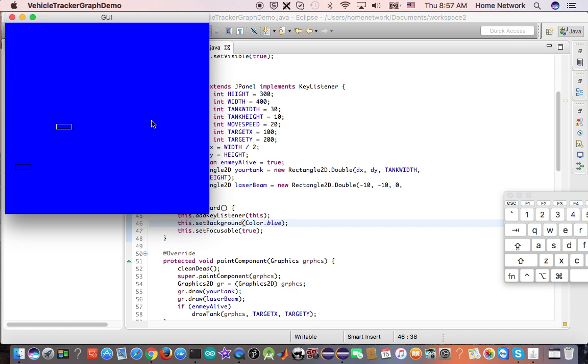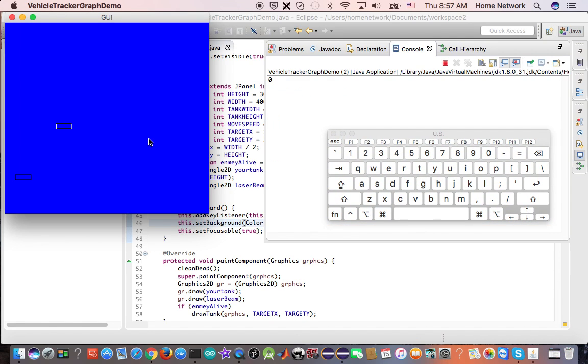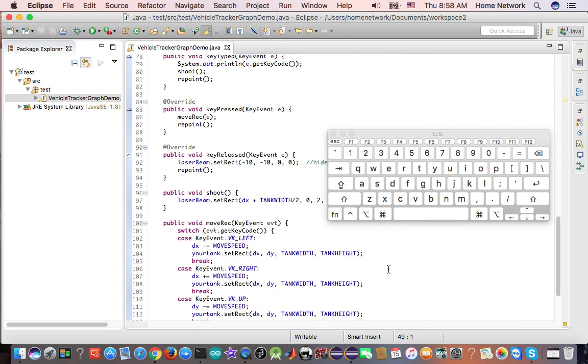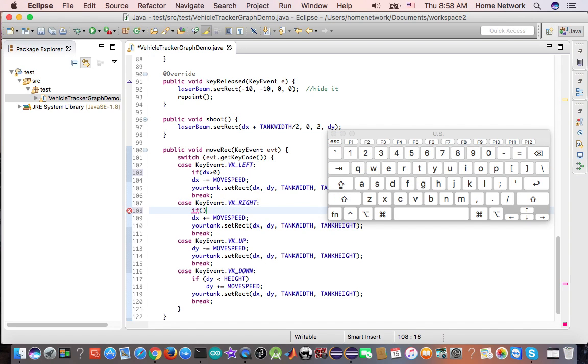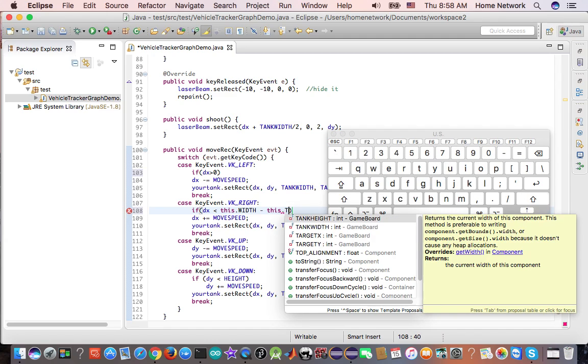We move our tank. It's much faster, right? We can move it. Let's get here. We can move it down, but we can move it outside of the screen. You see? Move it outside of the screen, which is not good. Let's fix it. Okay, so we only move it when you are still inside the screen. Minus this, width. Okay, don't forget to subtract your tank length